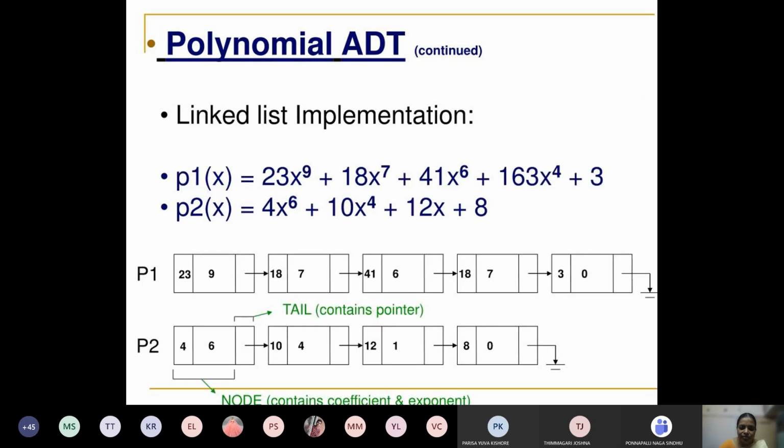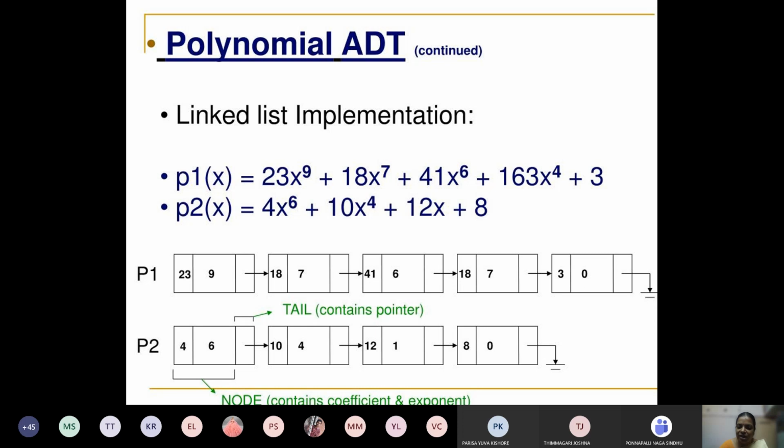The first polynomial expression has 23x^9, 18x^7, 41x^6, 163x^4 and 3. The second has 4x^6, 10x^4, 12x and 8. The first polynomial has 5 nodes. The first node has coefficient 23 and exponent 9. The second node has coefficient 18 and exponent 7.